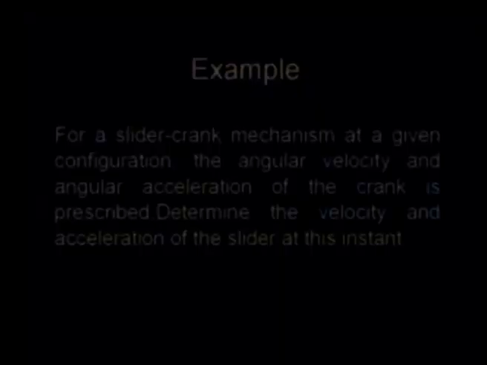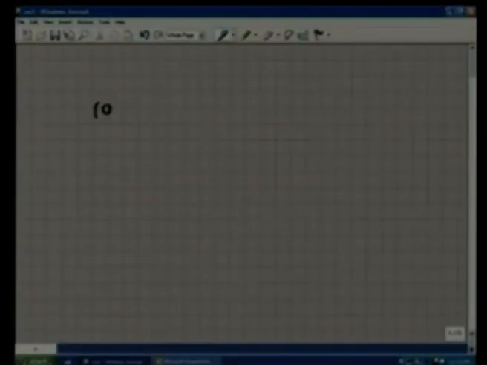To bring out the salient features of drawing this velocity and acceleration diagram, let me start with a very simple example. For a slider crank mechanism at a given configuration, suppose the angular velocity and angular acceleration of the crank are prescribed. Our objective is to determine the velocity and acceleration of the slider at this particular instant, that is, at this particular configuration. So let us draw a slider crank mechanism,